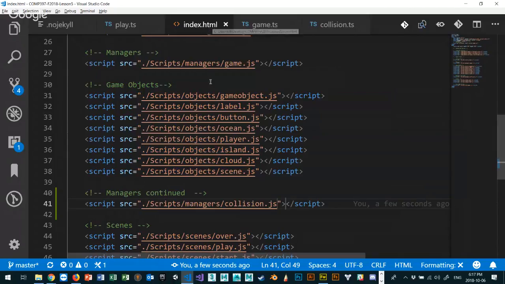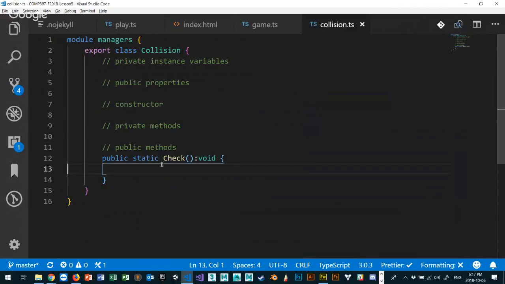All right, so now that we've done this, I want to go back to my collision file and see how this collision thing would work, right? So I have my collision check. My collision check is going to be using some kind of distance checking method, right? Oh man, do I have a distance checking method in my math for JavaScript? Does not exist, right? I need a utility that's available anywhere in my code in order for me to check the distance between two objects. And then if I need that, I might as well need some kind of vector, you know, something to keep track of positions, right? Luckily,